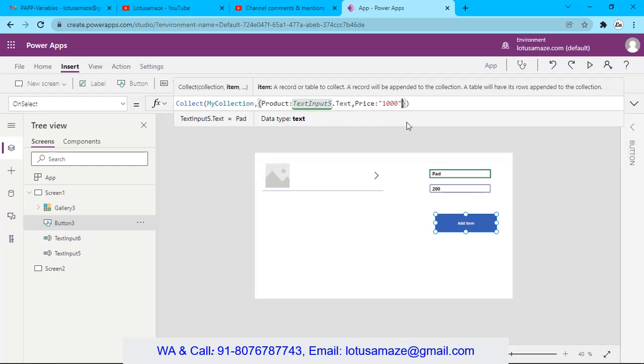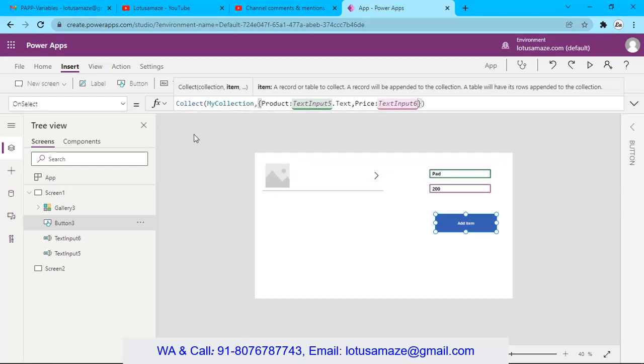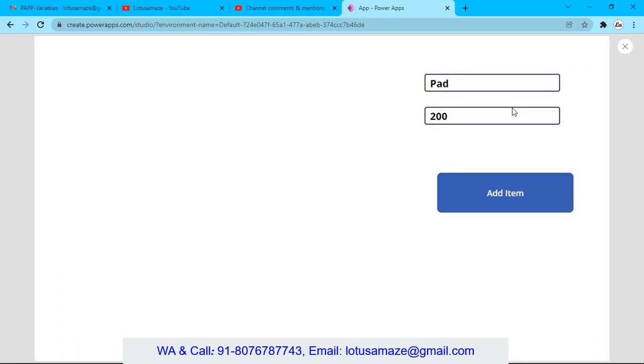Then Price, again remove the static value, TextInput6.Text. So we have the two input boxes. Once we click the add item button, this value will go to the collection.